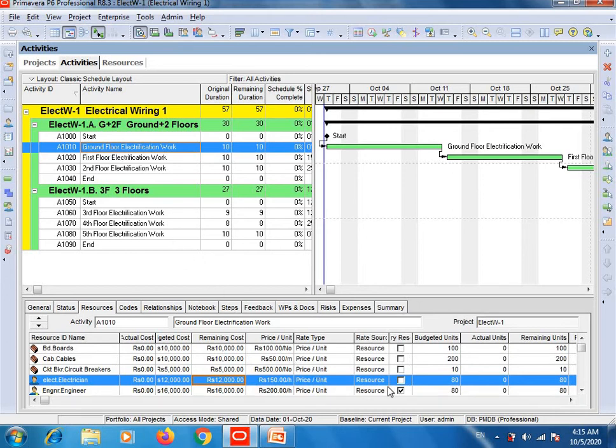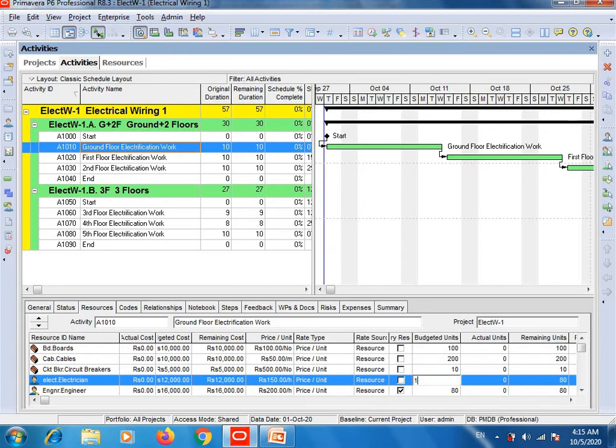For example, if two electricians are involved, then what you will do is simply multiply this 10 value, which is the original duration of this first activity, with 16, because 2 electricians are involved and each electrician does 8 hours duty. So multiplying 10 with 16, it becomes 160.